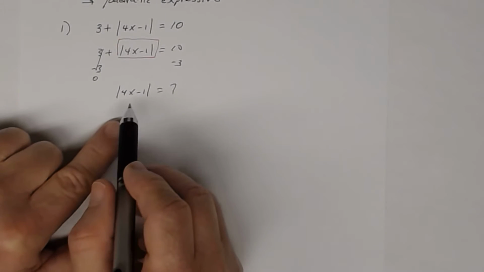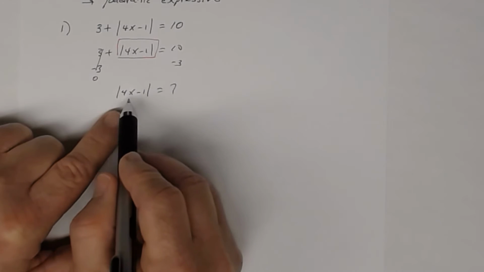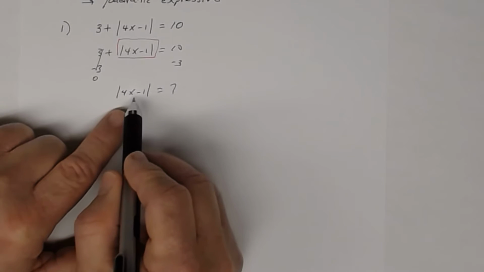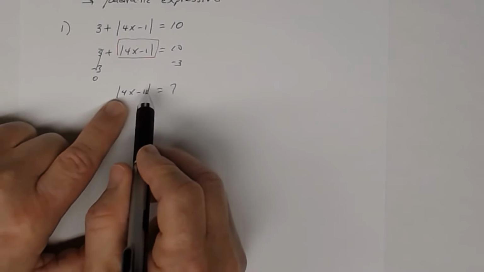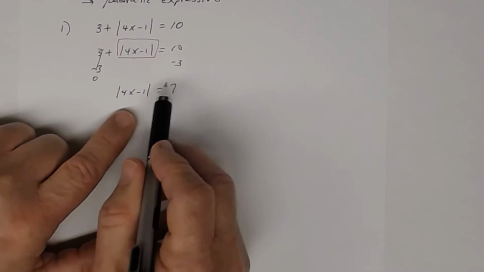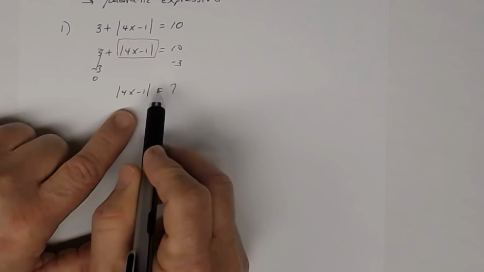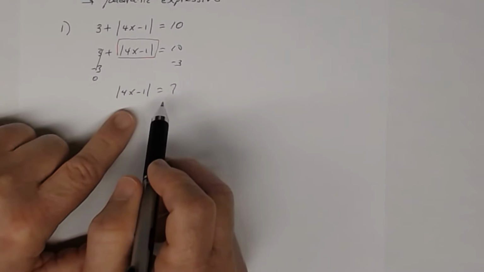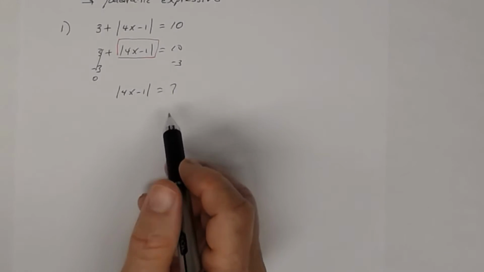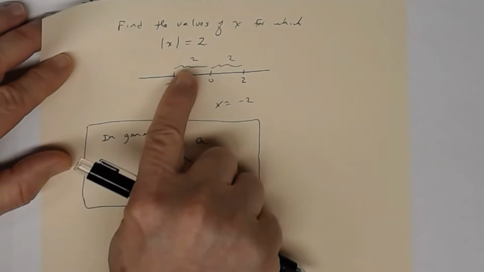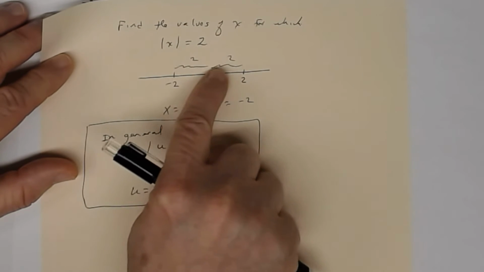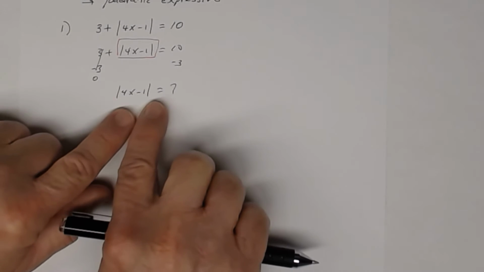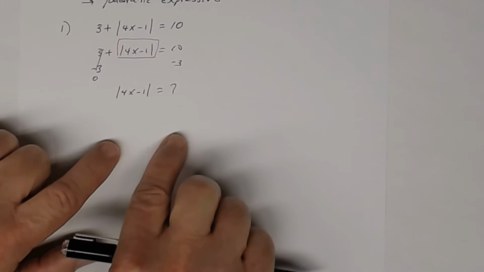notice that, remember, when we take the absolute value of some expression, that number you get will either be positive or 0. It should never be negative. Remember, because absolute value measures the distance that a number is from 0, and that distance is always positive. So when I solve this, I'm going to get